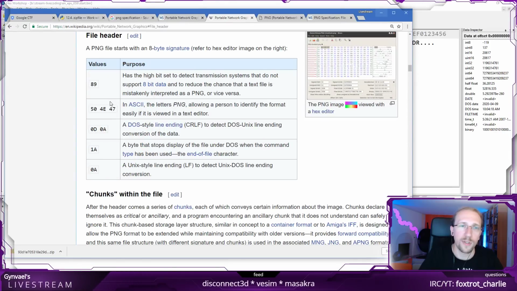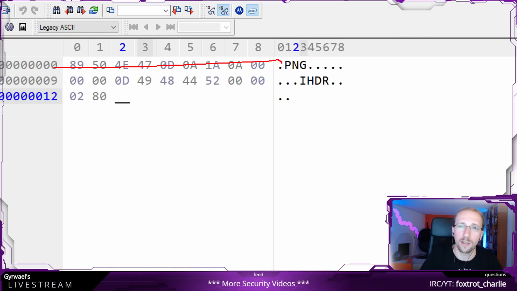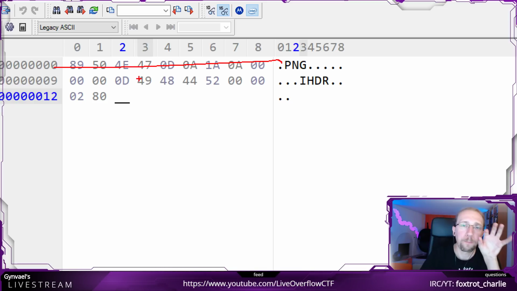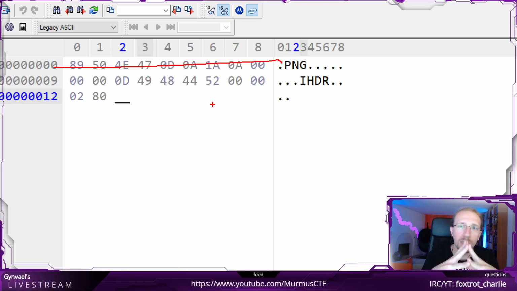And yeah, this is the header, and it's 1, 2, 3, 4, 5, 6, 7, 8 bytes. So we know that the first 8 bytes are useless anyway, because this is the header, and they don't give us any information about the file. Now, the rest of the PNG is basically created in the following way.